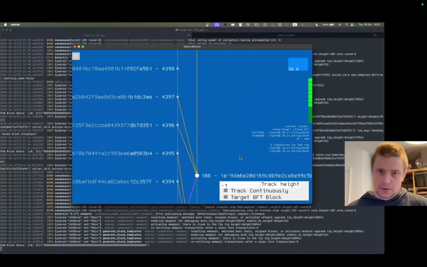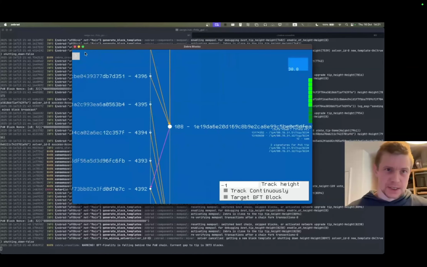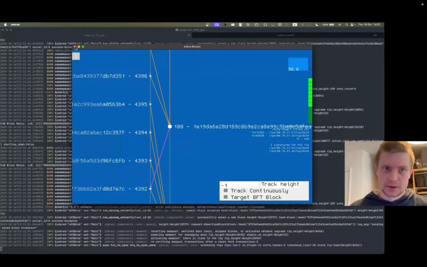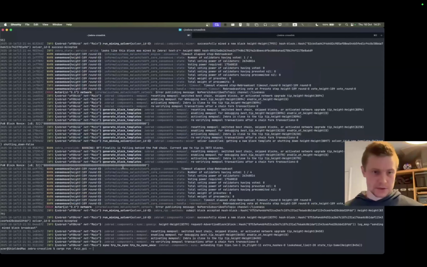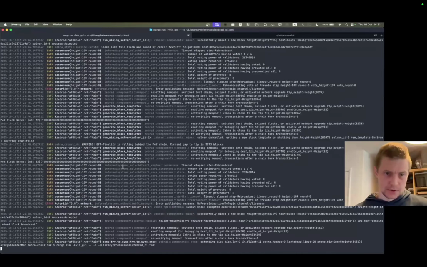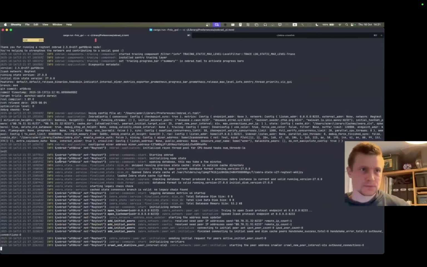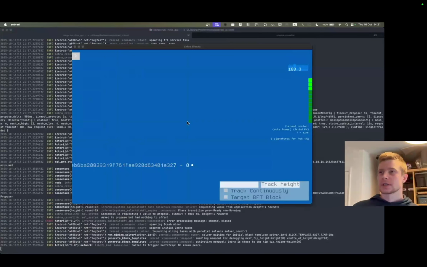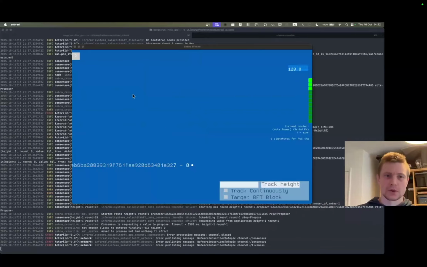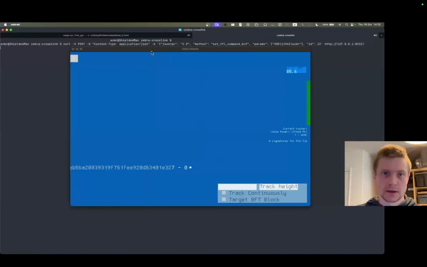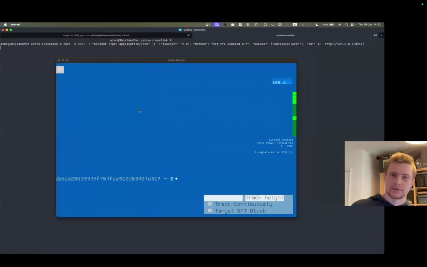Yeah, so rather than waiting for this to fully sync, I am going to quit and run a regtest version just to demonstrate a couple of things. So the roster model is not one where you have to register as a finalizer, and then people stake to you.